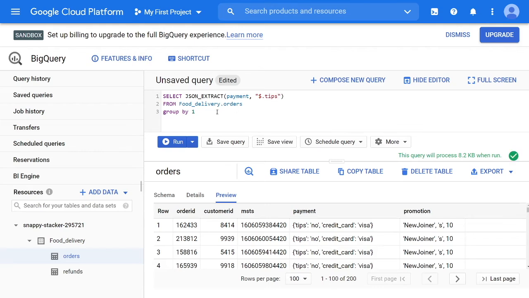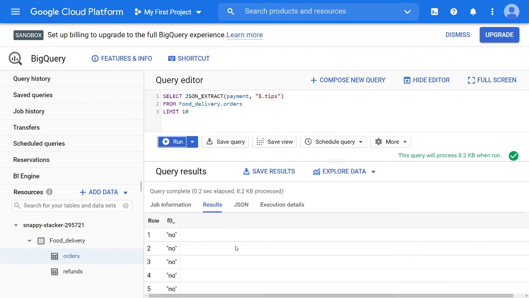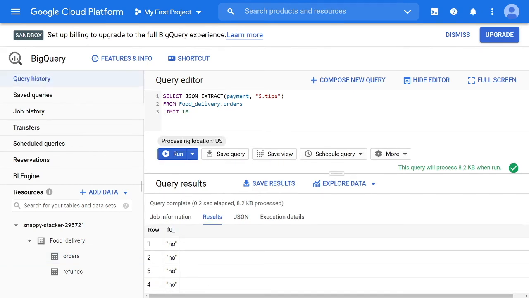Okay, now let's see, for example, the first 10 rows, what we get. Here you see that we have the information. We have no, if because the customer didn't give a tip. Now we want to find how many times the tip was given and the percentage of time that the tip was given. In order to have these 2 pieces of information in just one query, we are going to use the if